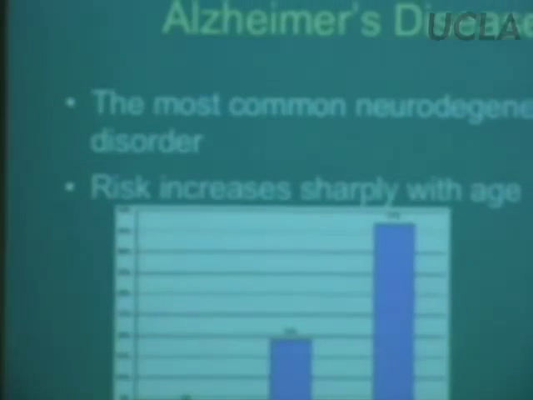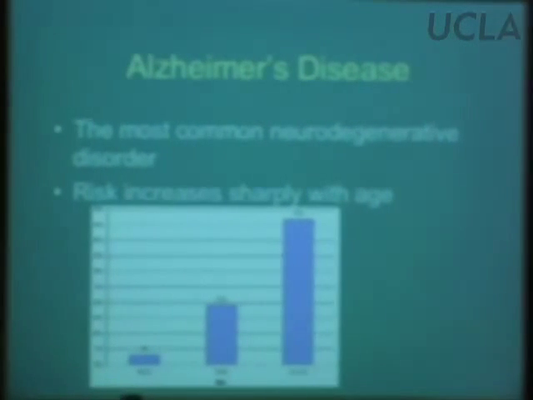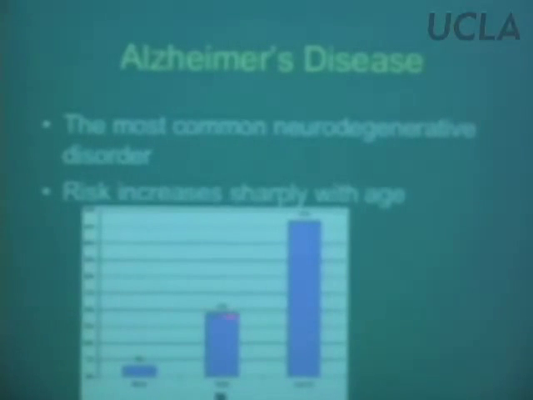Okay, so let me start talking about Alzheimer's disease, the most common neurodegenerative disorder that exists, and the risk increases sharply with age. Now here's an example of an Excel-type graph. I got this from a government website and it illustrates one principle that Dr. Grisham said you should never do, which is assume that your audience cannot read graphs and actually put the means up here. I think he said that in all the sections, that you really shouldn't do that. But these guys did that.